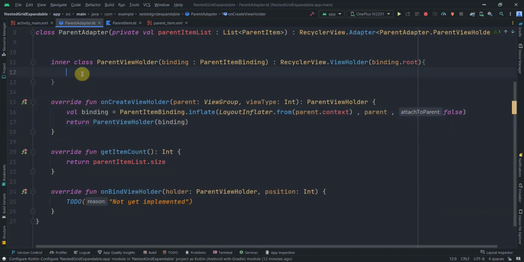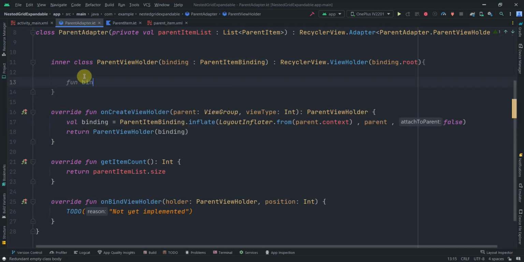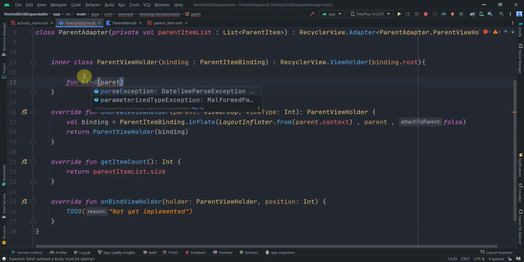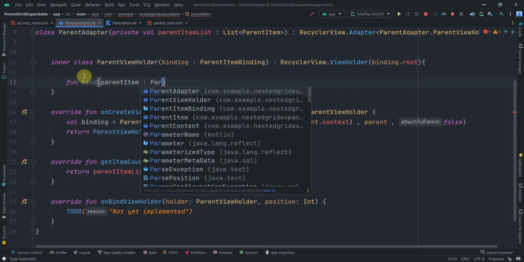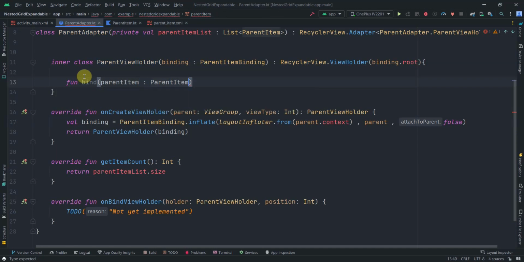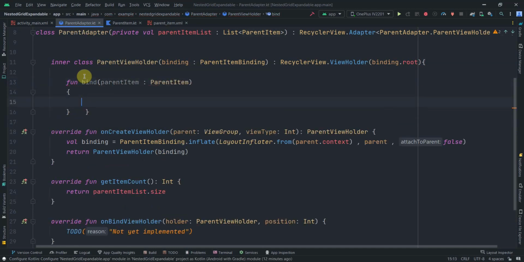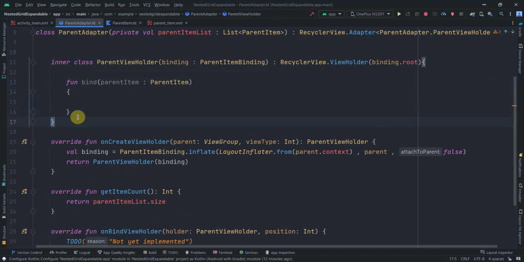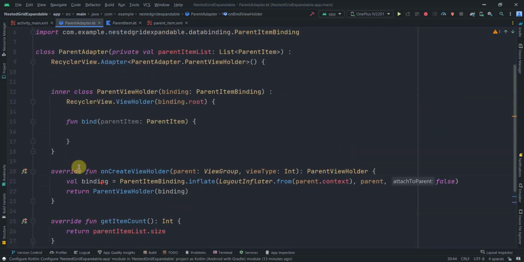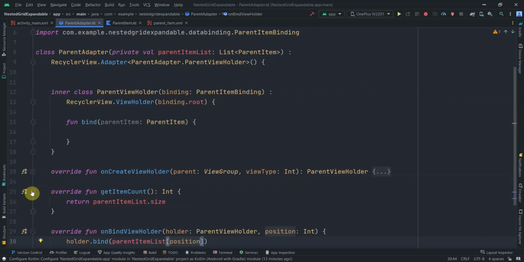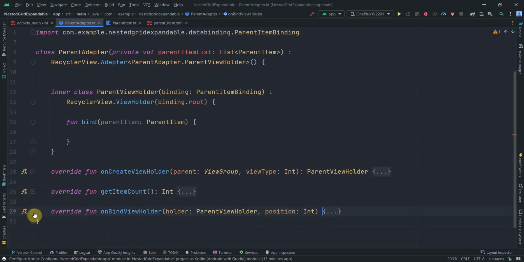Alright, and in here we'll have one function which will take parent item of type parent item, and we'll come back here. So from the on bind view holder, we just need to call this bind function. So holder dot bind and parent item list of position. Alright, so these 3 things are done. We don't need these 3 things again, so I'll just close them. Alright,